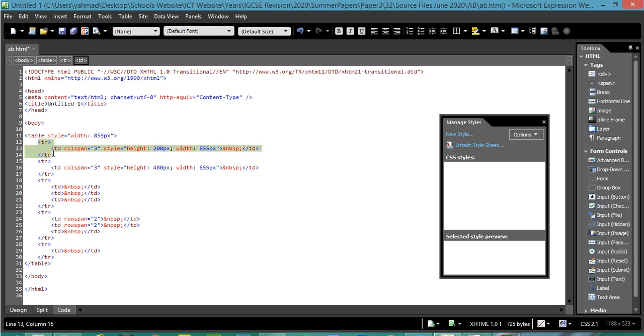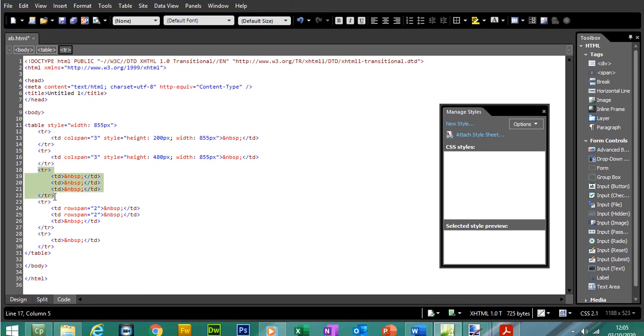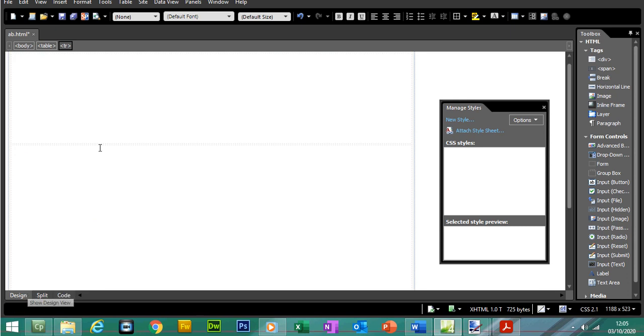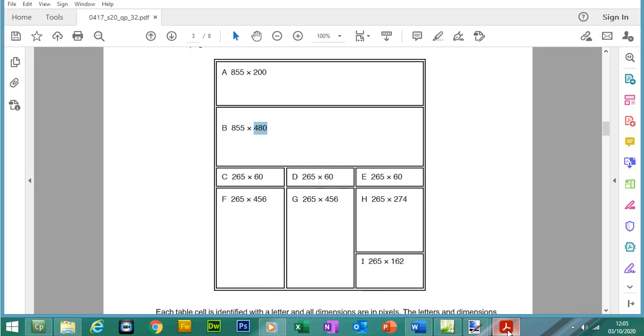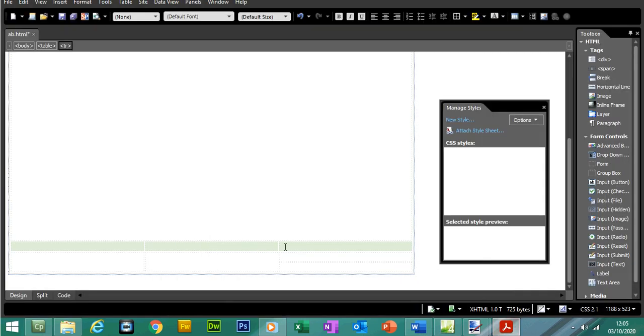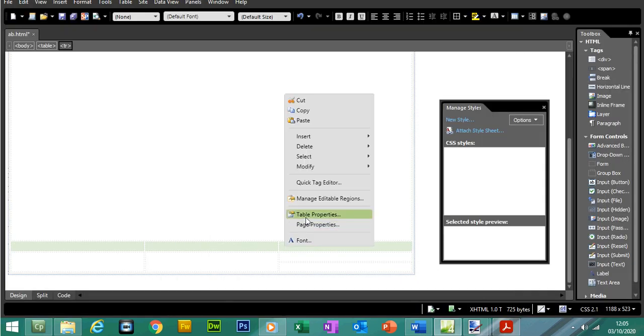So TR is for the row. Here's another row, and then the next row has 3 cells, which is, if we go down, these cells here. So let's see the size of these cells. It's going to be 265 by 60, so we can do them all at the same time. So right click, table properties,